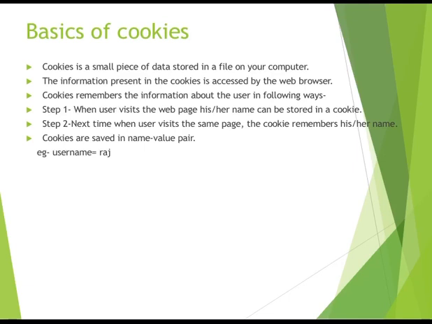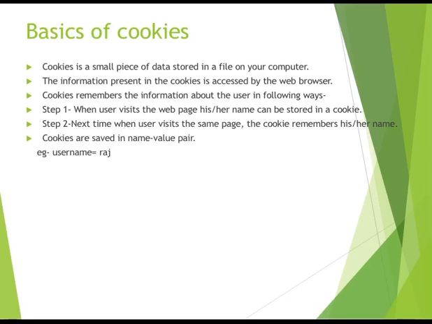Okay. So basically it is a text file that contains three types of data. First is your name-value pair, which contains the actual data of the cookie. Then next is the expiry date. We set the expiry date of the cookie, after which the cookie is not valid, that is, the cookie is deleted. Then the domain and path of the server it should be sent to. Okay, so basically three types of data are stored in the cookie: the name-value pair, then the expiry date, and the domain and path of the server that it should be sent to. Okay, so this is a cookie.